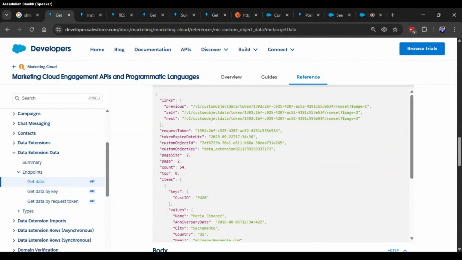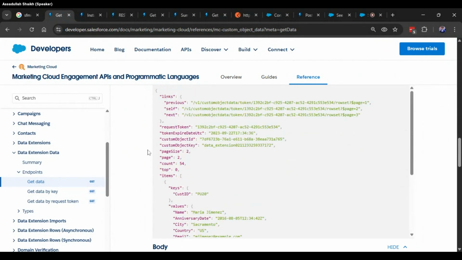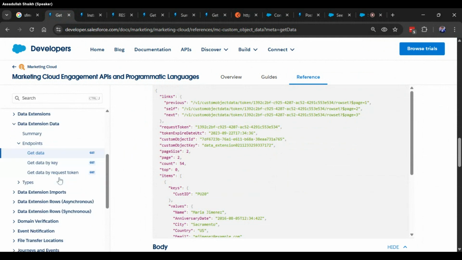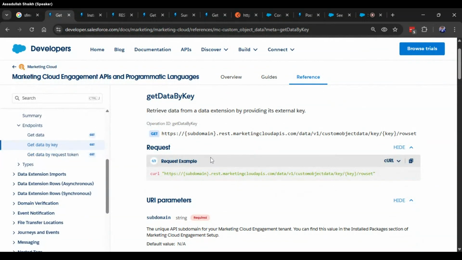And this is the response that we just received. The request parameters that we pass in the body and the response body that we receive are going to be different for every API endpoint. So this was the API to get the data. And then there is another API for the very same purpose, but the difference here is, instead of using the data extension ID, which you will very rarely be using, what you can do is use the data extension key, right? So for example, if I change this endpoint,